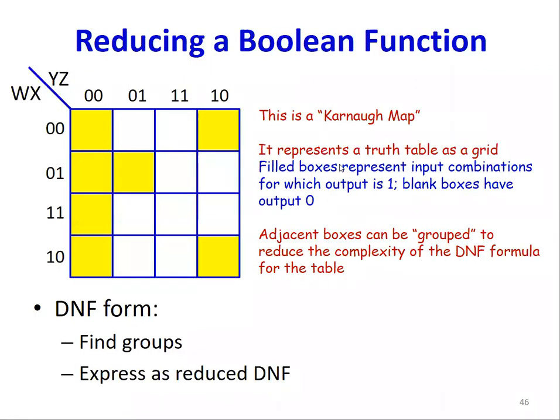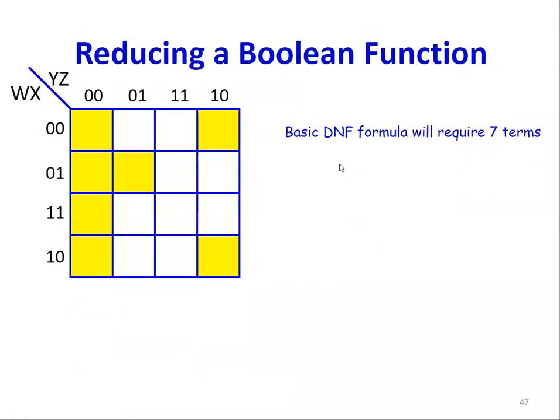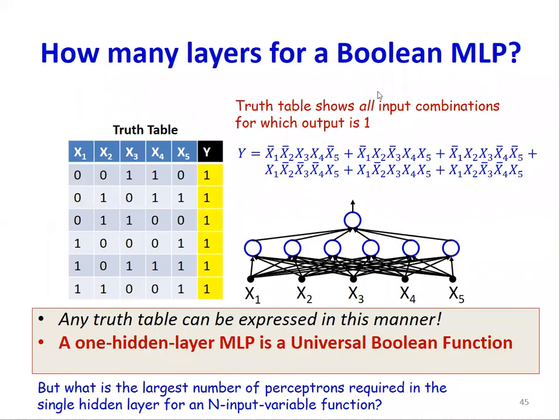I just took any 2 arbitrary. There were 4 inputs. I took W and X as one set and Y and Z as another set. I might as well have done W, Y, and X. It doesn't matter. You're still going to get 16 squares, right? So disjunctive normal form, that's this form of function right here. That's what a DNF is, okay? Where these pluses represent ORs and each of these is ANDs.